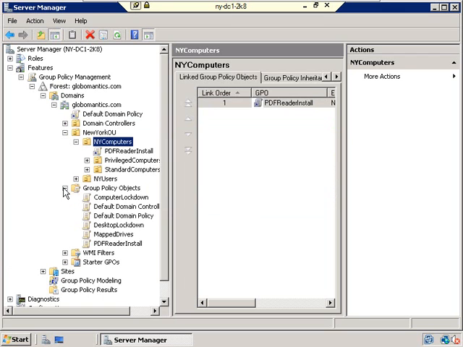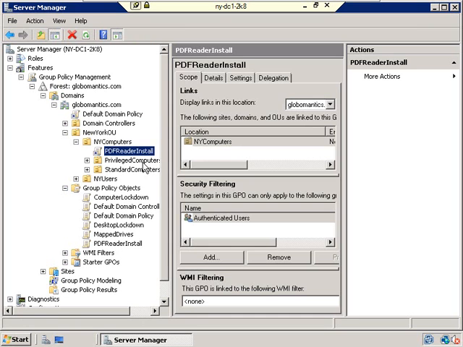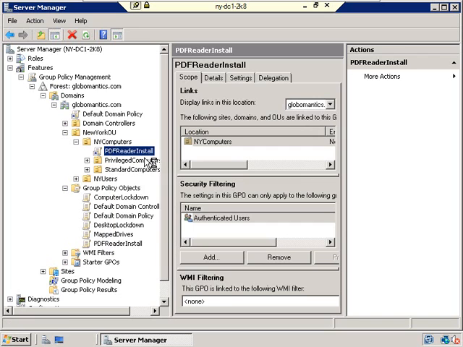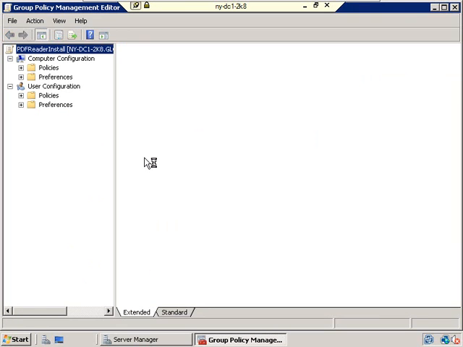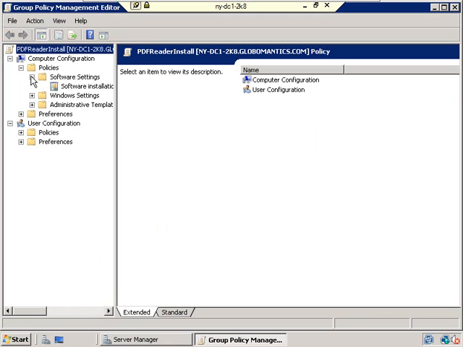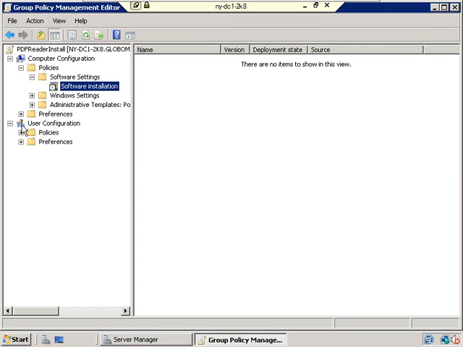That will create a new group policy object here underneath the group policy objects folder, and it links it to the NY computers. So I'm just going to right click here on the PDF reader install, and I'll select edit, and that should bring up my group policy management editor, no problem. And now I'm going to go into the computer configuration side underneath policies, going into software settings and then software installation. Go ahead and stretch this guy out here too a little bit so we can see everything that's happening